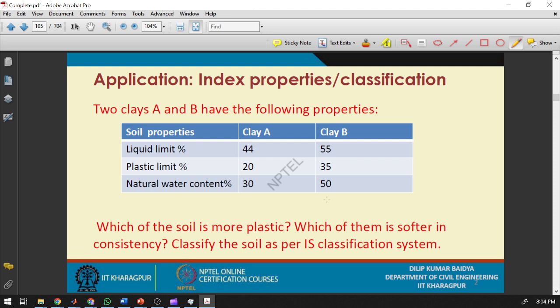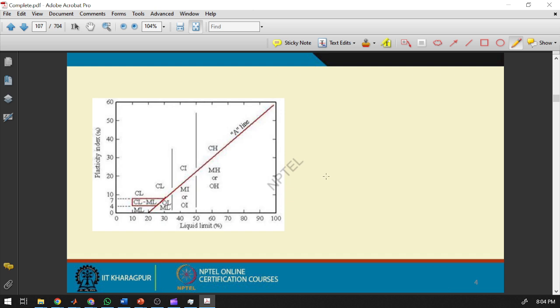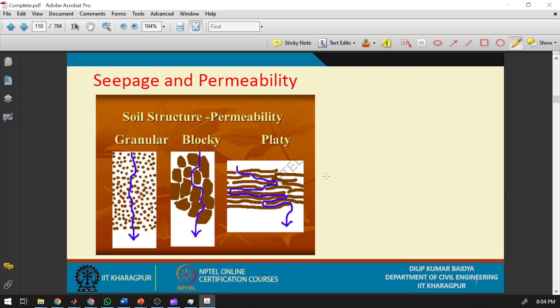Okay, now index properties. There are some questions based on that. Okay, now let's say seepage and permeability. So if you talk about soil structure, how much time has gone by? Okay. So if you talk about